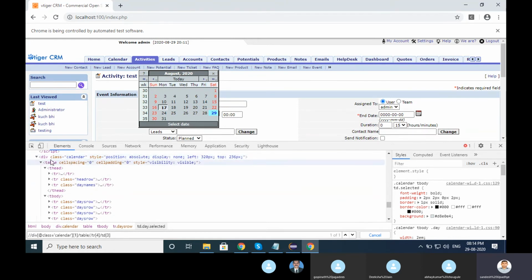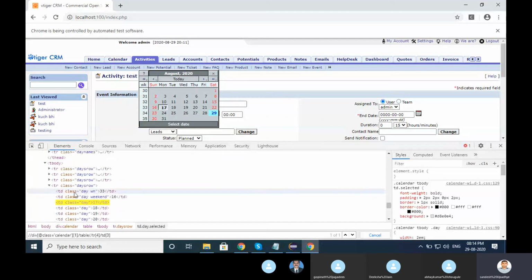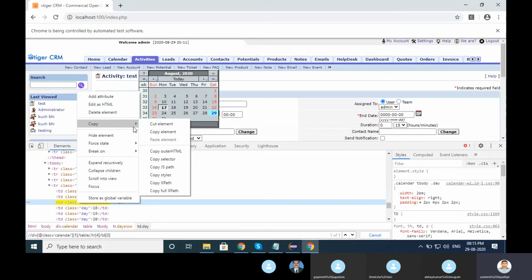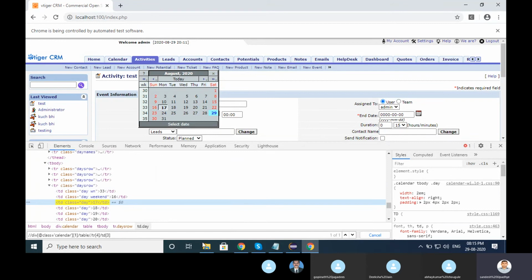Calendar class will be the first thing, and then it will go to the table. Directly I want to go with the tr itself, so I just went here double slash with the tr 1 2 3 4 tr, and then in 4 tr we have td as 3. Simply you can right click, you can copy as XPath.